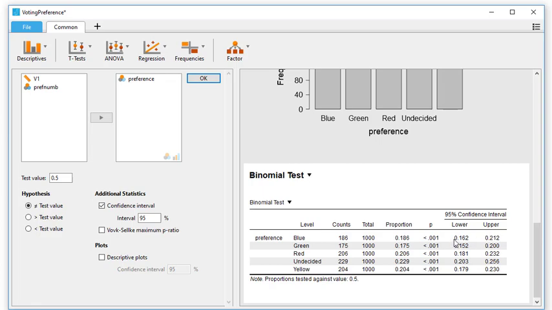It is between 0.162 and 0.212. This is not a very wide interval, so it's a relatively good estimation, but